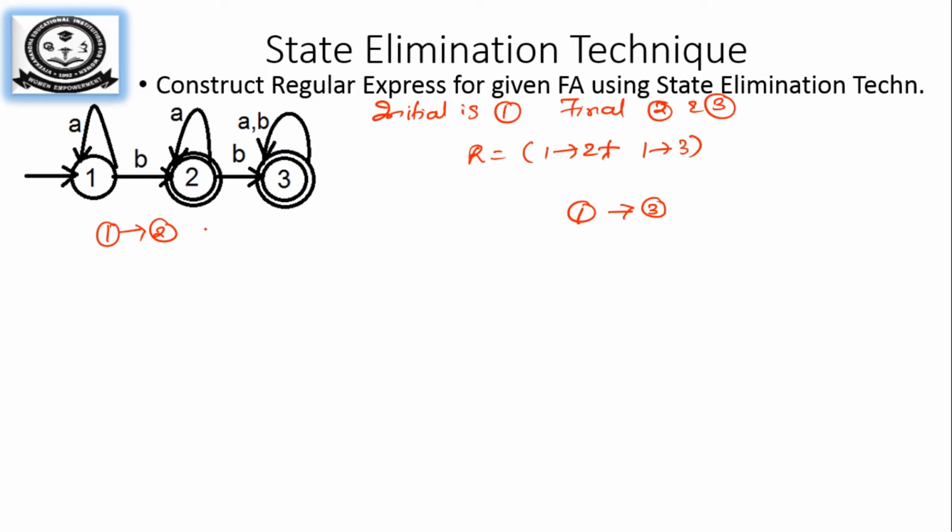So we will split the diagram first. So we will have separate diagrams. We will draw first for 1 to 3. So I will draw the transition diagram first. 1, a self transition A. Then we have 2. We don't want to mention 2 as a final state here, because 3 is going to be my final state. So I will have my 3 as my final state here. Okay. So we will write what the inputs for the transitions are. So we'll have B, and 2 has a transition called A and 3 has A, B.